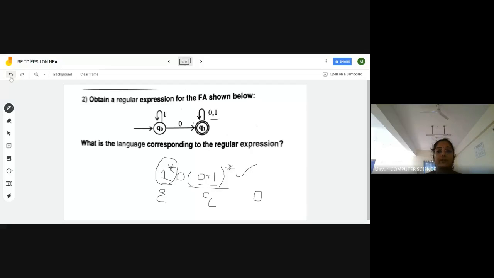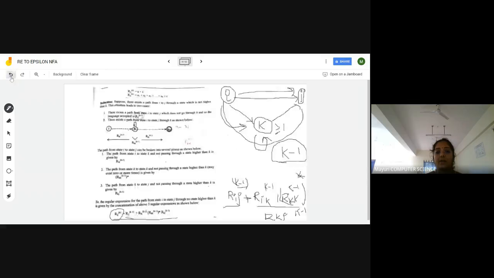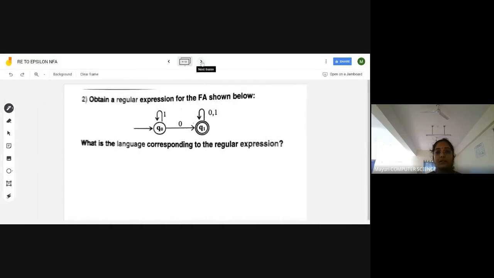Now, before going to the problem, let me tell you one thing. Don't get confused with the terminologies of the states. What you have to do here is, don't consider state 0. This is your state 1. Do it like this. State 1. So this is my state 2. Numbering should be like that, especially in Kleene's theorem. Right? So now, do I have any intermediate states? No. I'm going from here to here.